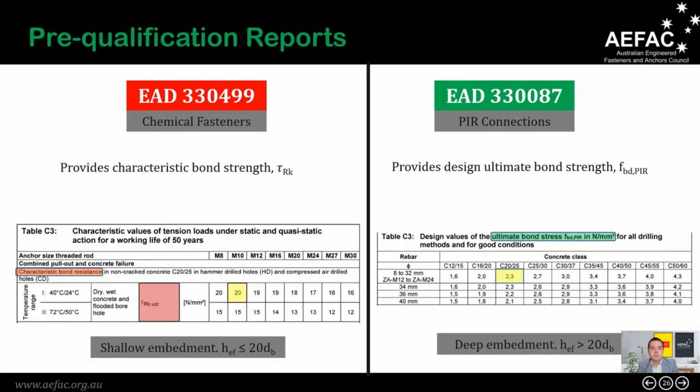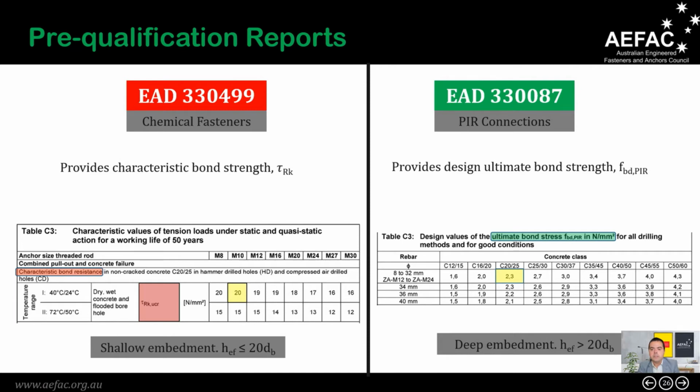To give some examples of the difference between these two ETAs, I have given a screenshot of one of the design tables given in those ETAs. The normal ETA for shallow embedment anchors on your left provides the characteristic bond strength tau RK, and it is used for the calculation of pull-out resistance from the uniform stress distribution principle. Whereas on your right-hand side, the rebar ETA, issued based on the rebar EAD, is used to get the design value of ultimate bond strength,